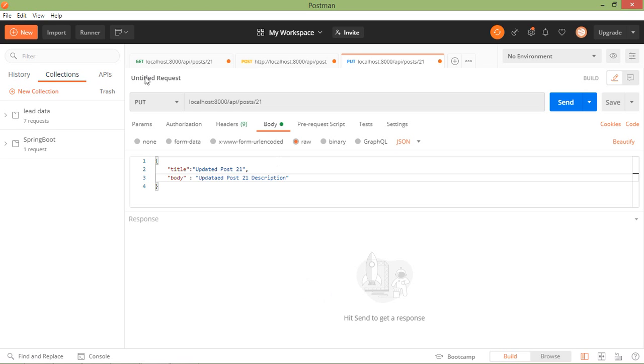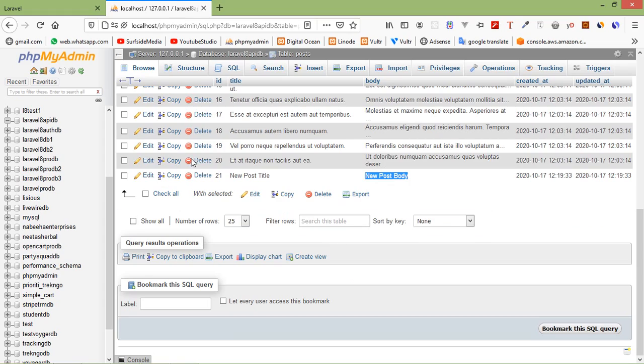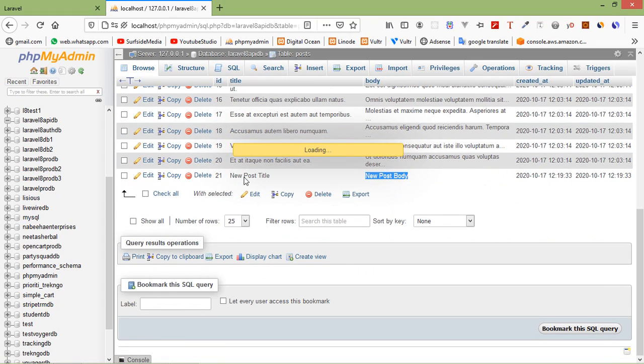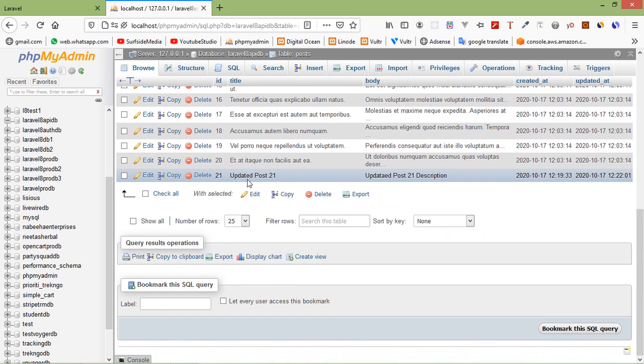Now just click on send request. You can see post updated. You can see inside the database table, just refresh the table, and here you can see the updated post 21 and updated post 21 description.